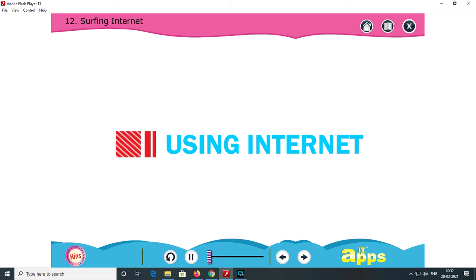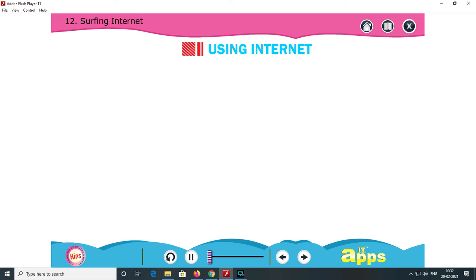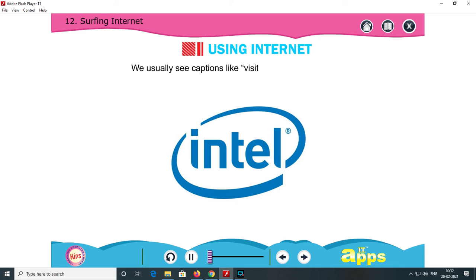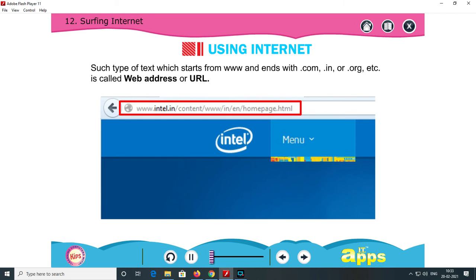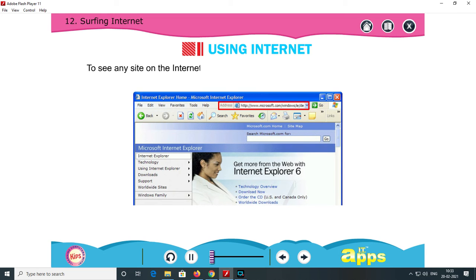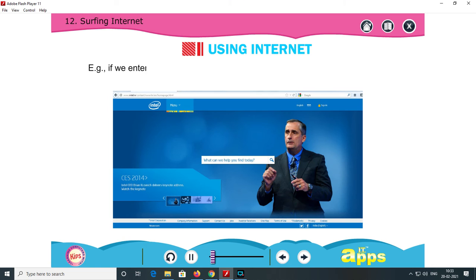Alright, let me now tell you how to use the internet. We usually see captions like visit us on www.intel.com. Such type of text which starts from www and ends with .com, .in, .org, etc. is called web address or URL. To see any site on the internet, you have to type its web address in the address bar of the Internet Explorer. Example, if we enter the address www.intel.com in the address bar, we will see the official website of